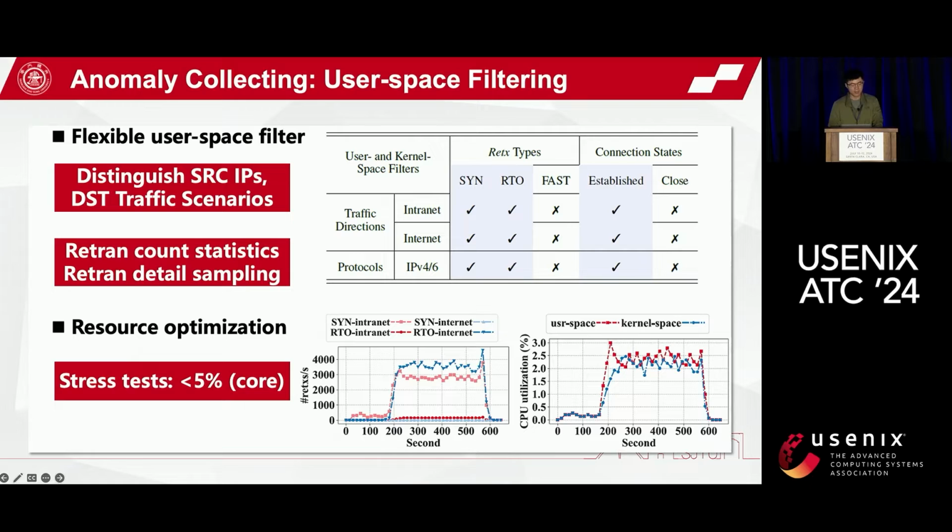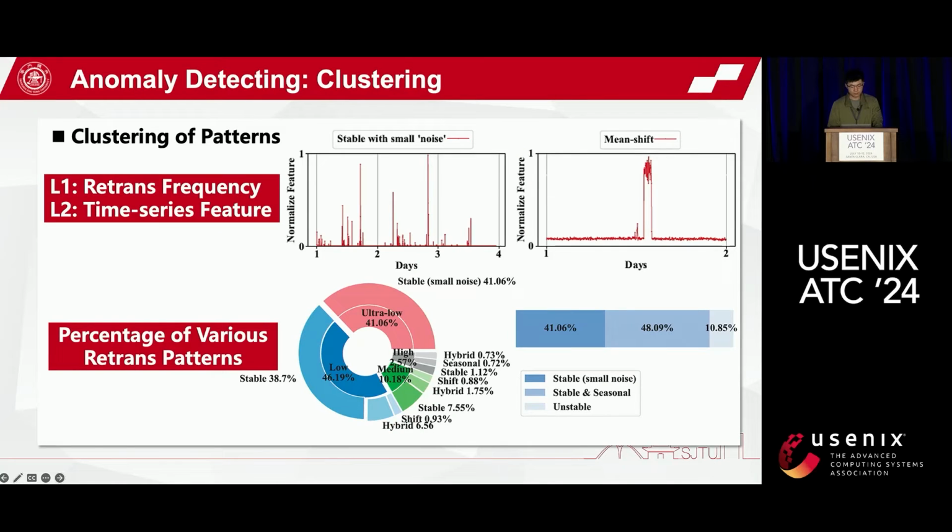The NBPF agents read retransmission events from kernel space via zero-copy ring buffer. The CPU quota is limited to 5% of one core, and the memory quota is limited to 30 megabytes via cgroup. Overall, NBPF effectively filters out more than 90% of retransmissions and achieves low overhead in heavy stress tests with million connections, and adopts